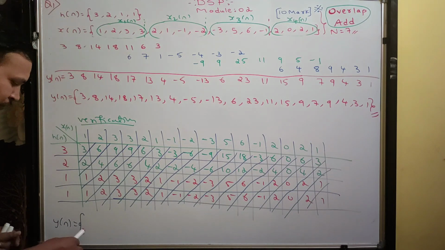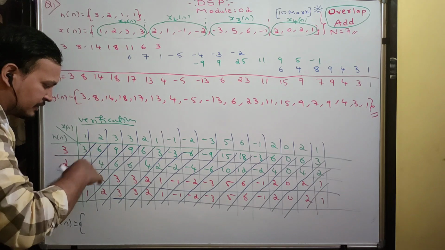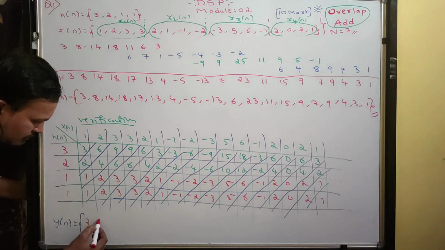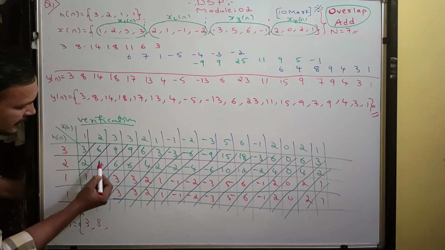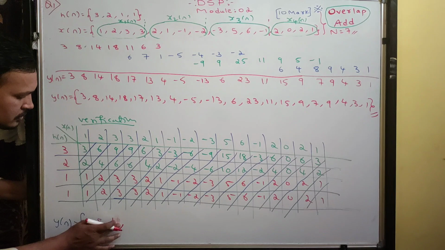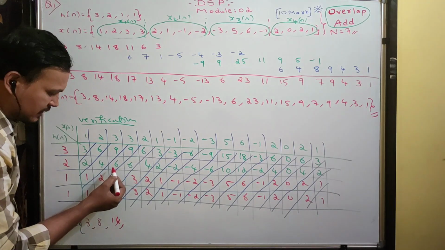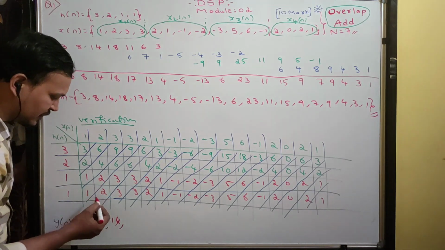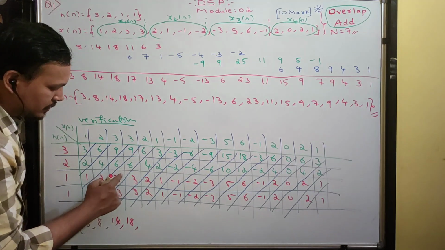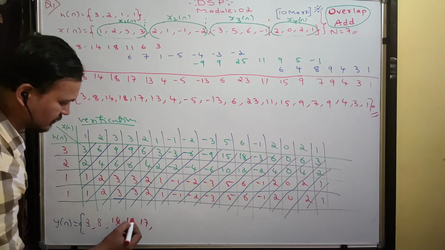See, now how to write output. In each group, you add everything. 3 you got first sample. Next add this. 6 plus 2, 8. Next add 9 plus 4, 13 plus 1, 14. Next 9 plus 6, 15. Plus 2, 17 plus 1, 18. Next 6 plus 6, 12. 12 plus 3, 15. 15 plus 2, 17.